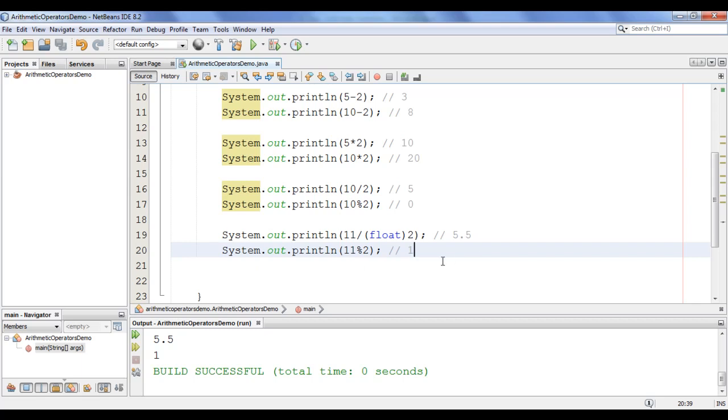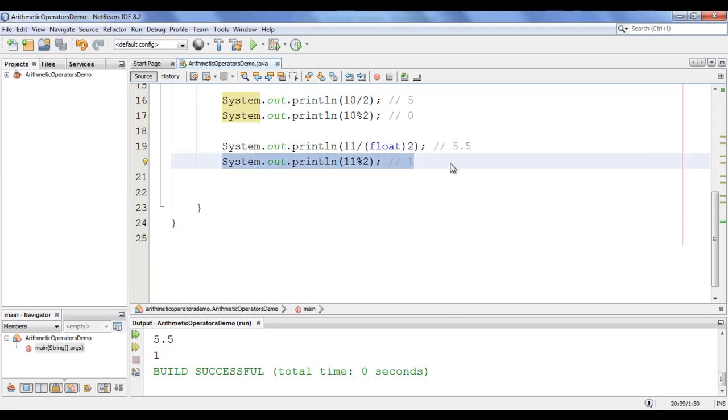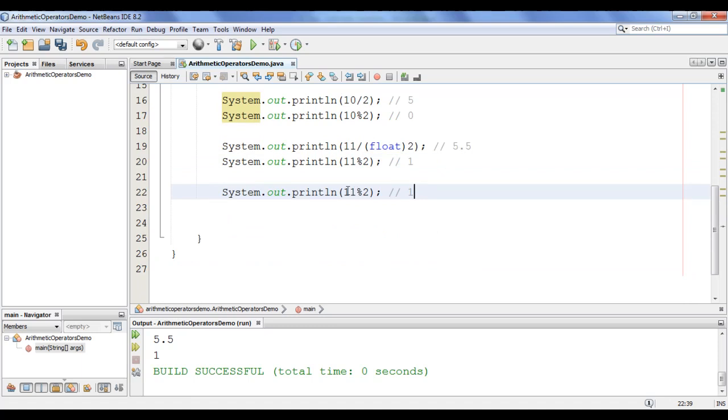We also need to remember some more points. I'm going to copy this line of code and paste down. Here I say 0 divided by 1. We know that in mathematics we have learned 0 divided by anything is 0. I say run project. You can see that we got 0 here. The last output is 0, you can see that. If I say here 0 divided by 10, then also we get 0. 0 divided by 100, now also we get 0, guys. So remember, 0 divided by any value gives you 0.